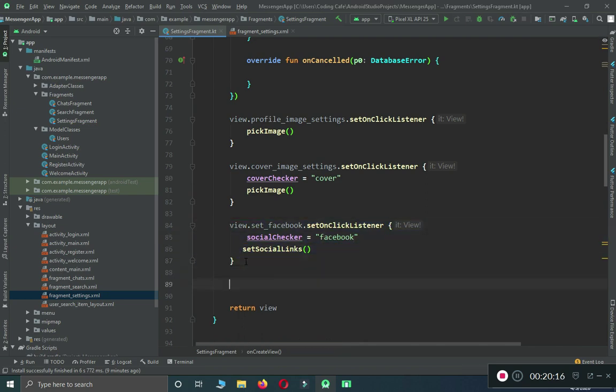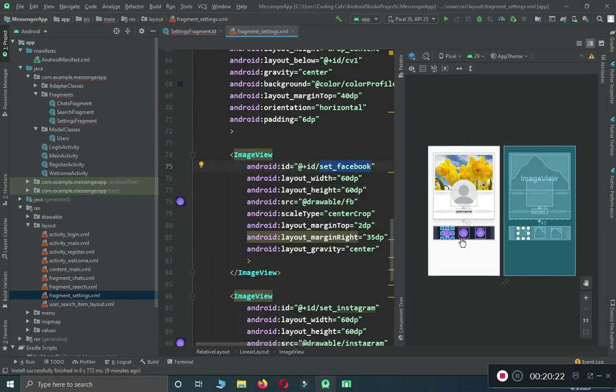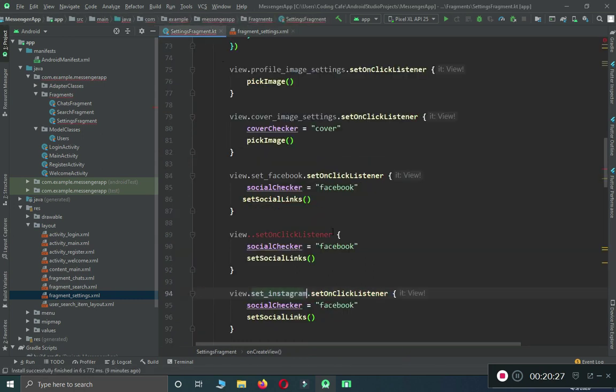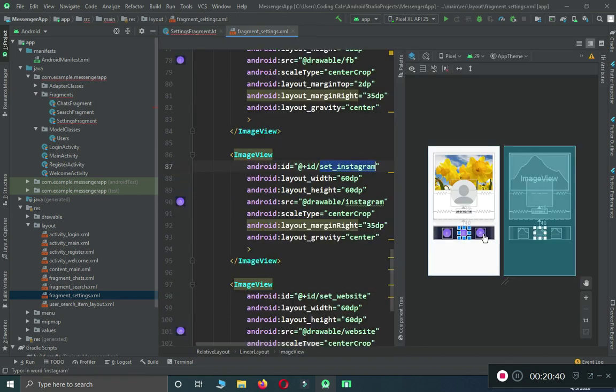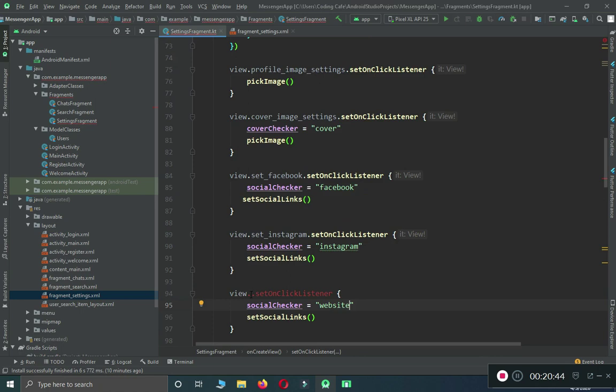So first of all, make sure to do it for this. I mean, give it the same IDs for the Instagram. We have to say view.this, and it will be Instagram, and for the website it will be website. What is the ID for that? The ID is set underscore website, and that's it. So once the user clicks on any of these buttons, we are going to display a dialog